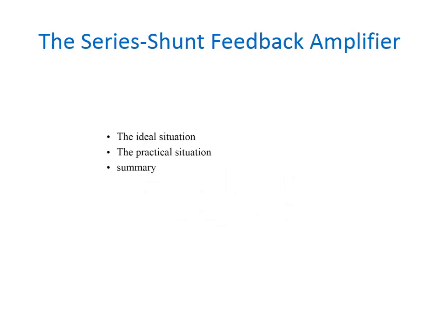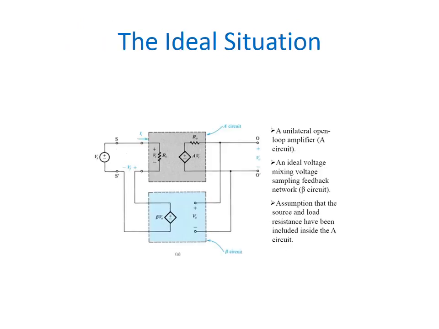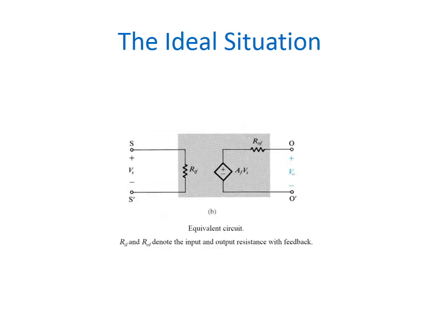Now we are going to see elaborately the series feedback amplifier. Say this is the ideal value for a feedback amplifier. Here the unilateral open loop amplifier can be called the A circuit. An ideal voltage mixing, voltage sampling feedback network can be called the beta circuit. Here we are going to assume source and load resistance to be included in the A circuit. So the corresponding equivalent circuit is given here with the RIF and R0F